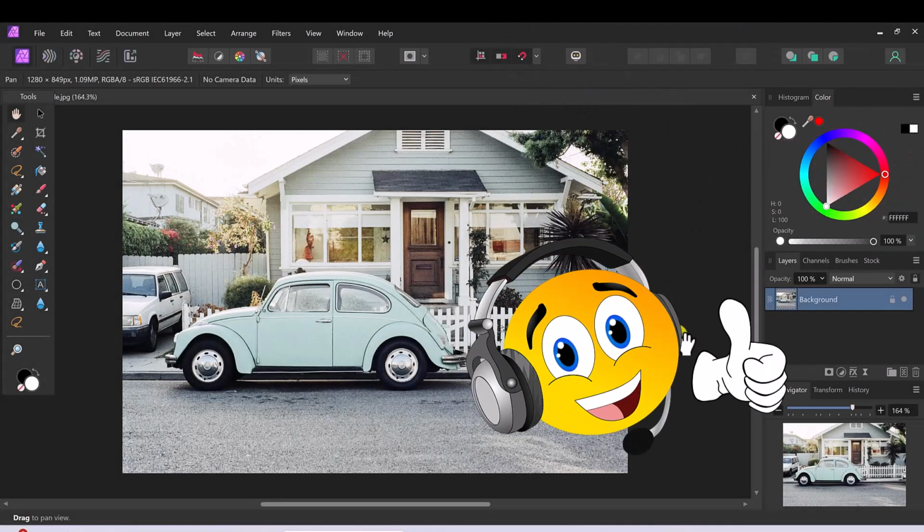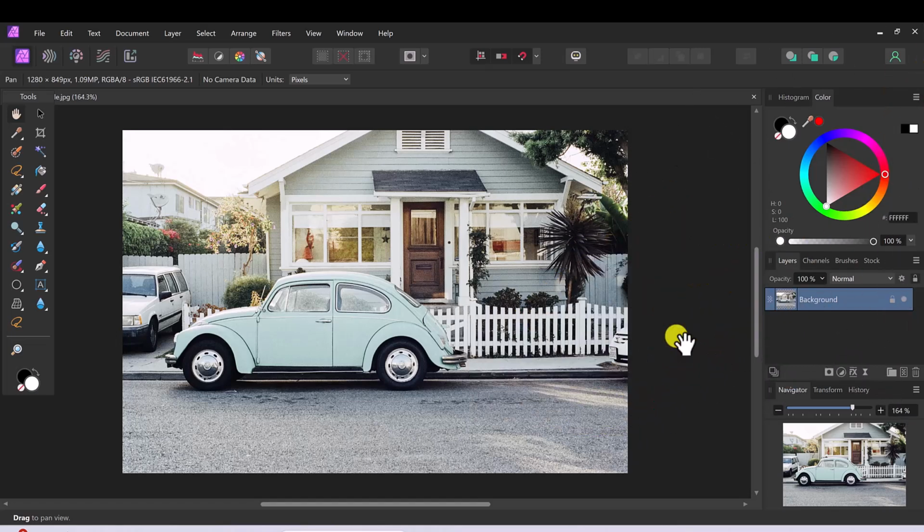Hello, I'm back with another video on Affinity Photo 2. This one is going to be on blurring the image background, and it's going to have to do with this Volkswagen. What we want to do is to blur this. Now sometimes you want to draw your viewers' attention to a specific part of your image, and that's why we're going to try to blur all this back here so that we can make our Volkswagen